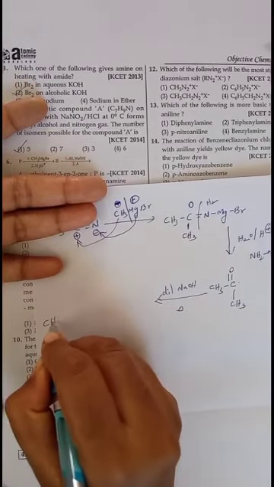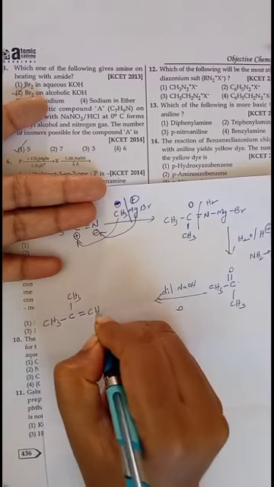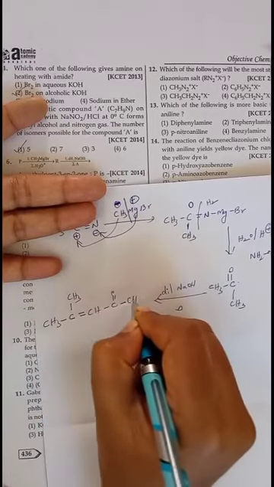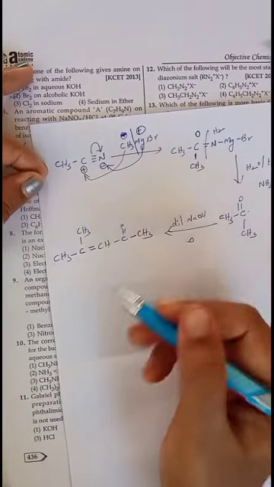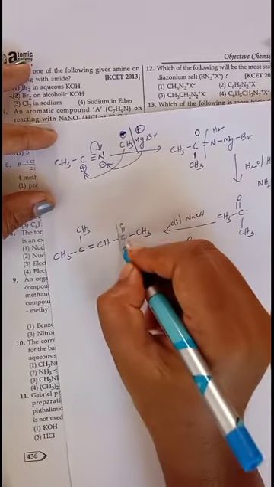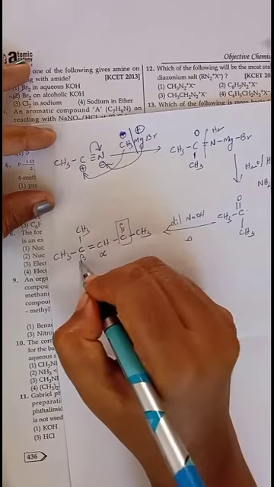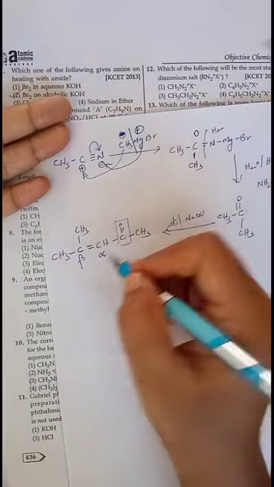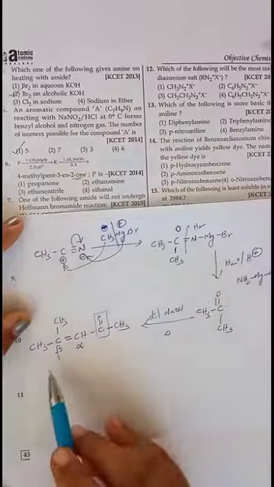Then you will get here CH3, CH3, double bond CH, C double bond O, CH3. So this is the final product I have written here. The same product I am writing here. So now you just cross check whether it is alpha beta unsaturated aldehyde or ketone. Okay, this is ketone. So adjacent carbon is alpha, alpha adjacent carbon is beta. Alpha beta position contains double bond, so we can say alpha beta unsaturated ketone is formed as the final product, and the IUPAC name they have mentioned here is also the same one.